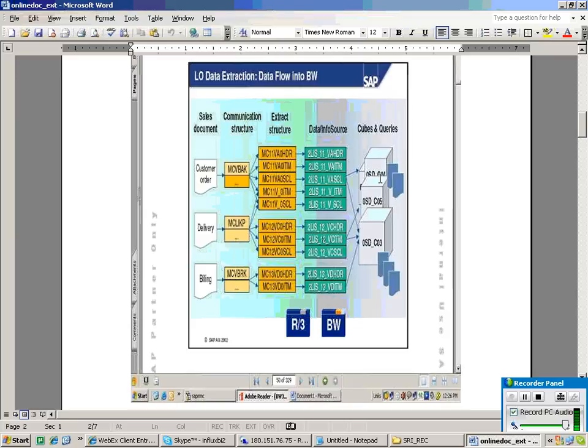Item data is something like number of items, value of items. Schedule line is like goods in delivery, goods in transit. And you can just go through the LO data extraction document. It's going to give you some information.